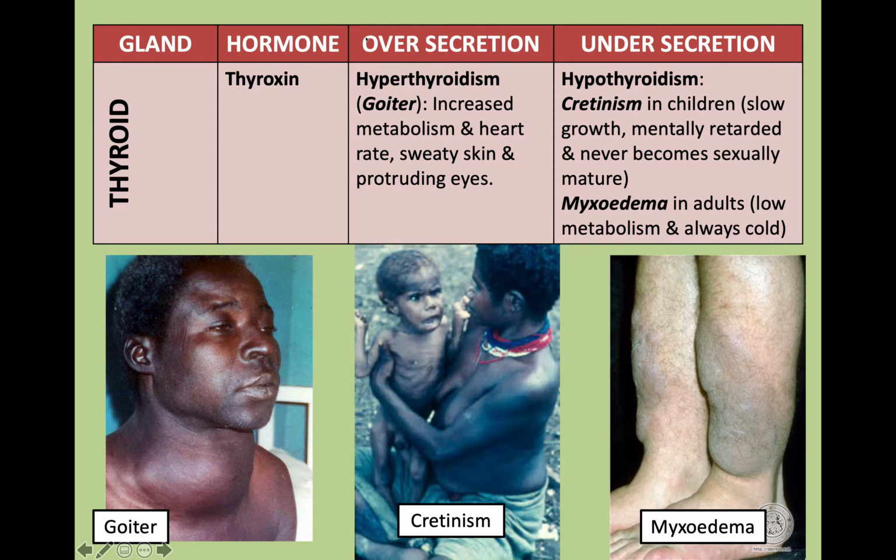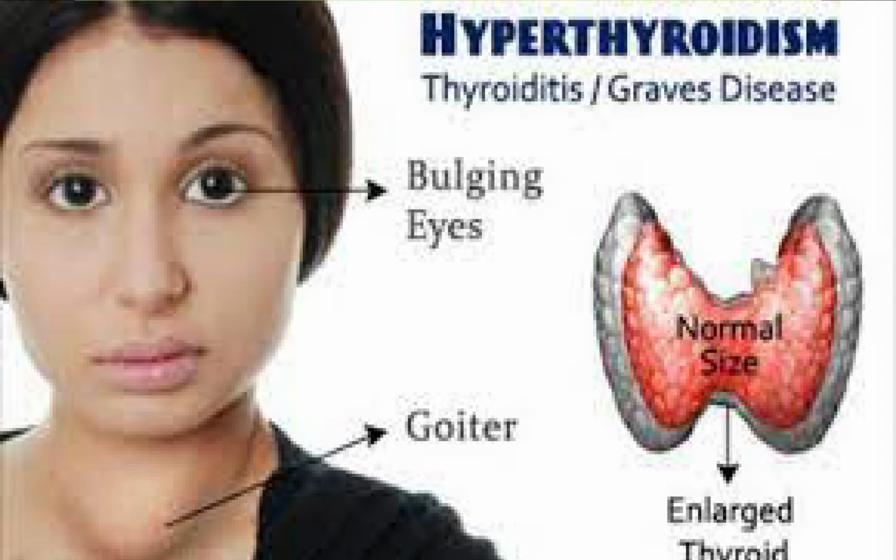We will find that there will be an increased metabolic rate. There will also be weight loss, an increased heart rate, as well as respiration rate and the person's blood pressure. Another symptom would be an increase in irritability. The person will also have sweaty skin and protruding eyes. When I say protruding eyes, I mean that hyperthyroidism can actually cause the eyes to bulge out of their sockets.